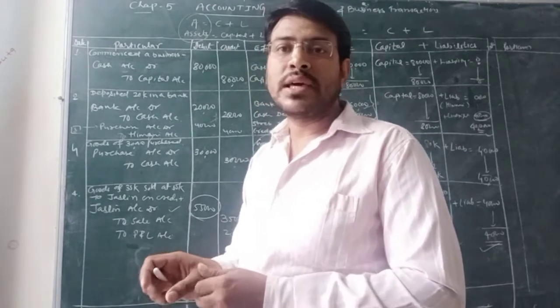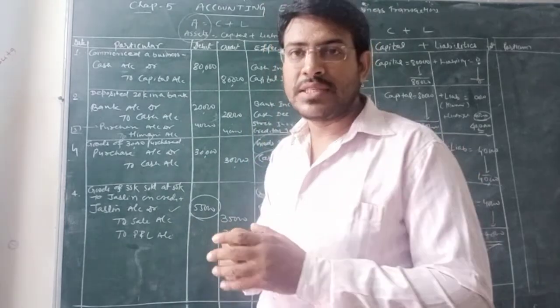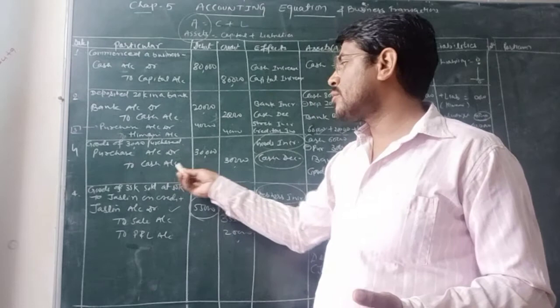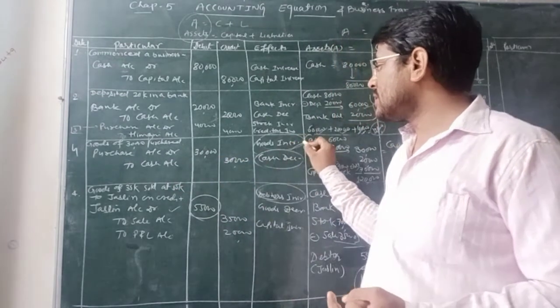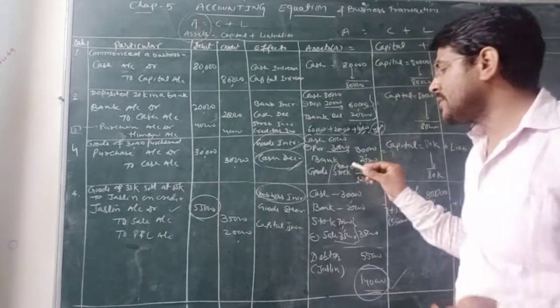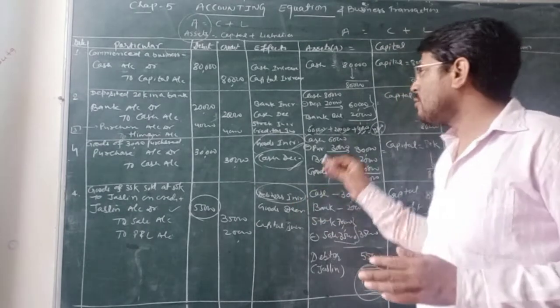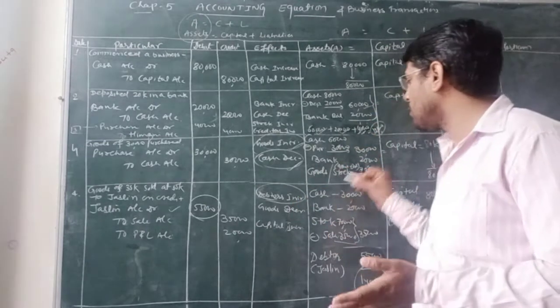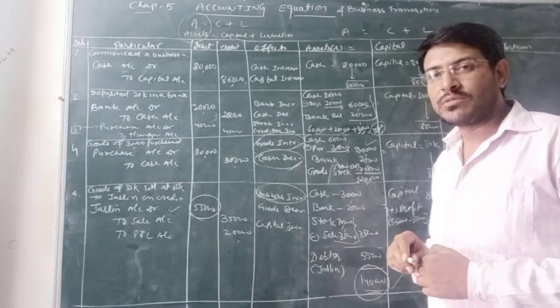30,000 के गुड्स हमने क्या किए हैं, कैश में परचेज कर लिए हैं. आप समझो ध्यान से, कैश परचेज किया मतलब गुड्स तो आ ही रहे हैं. परचेज अकाउंट डेबिटेड टू कैश अकाउंट 30. गुड्स इंक्रीज, कैश डिक्रीज. Now you can see cash में परचेज किया था, you have already a cash of 60,000 out of which right now 30 will go down, so it will remain 30,000 as cash balance.